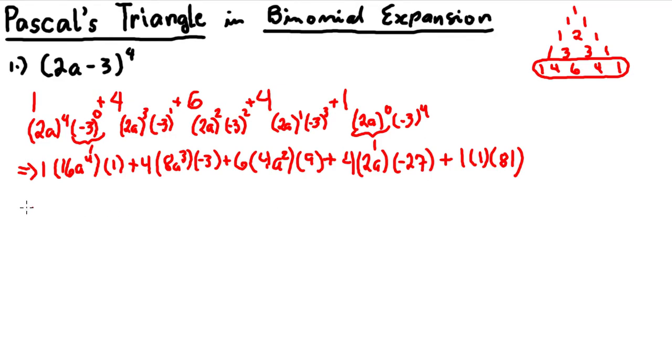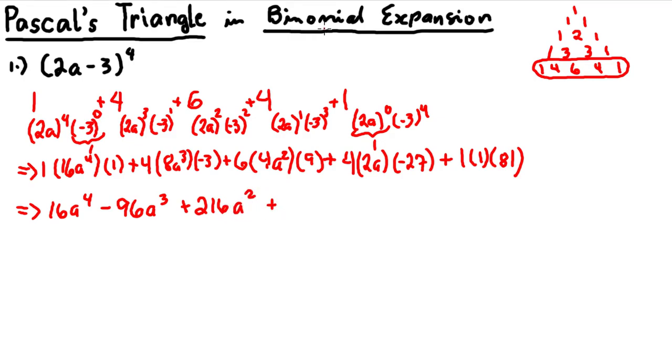So let's fix this. On the first term, that's times 1 times 1, so we have 16a raised to 4. This becomes negative since we have a negative sign here. So we have 4 times 8 times negative 3. That's going to give us negative 96a cubed, plus we have 6 times 4 times 9. That's going to give us 216a squared,